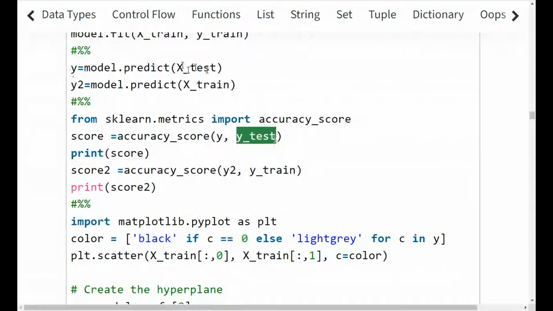Tested questions. This is my answer. Alright? This is my answer. So I am going to give both this answer and this answer. And I am asking the accuracy score function to check whether both the answers are right or wrong. If any wrong answers are also there, we just calculate the score, how much accuracy is available, how much it